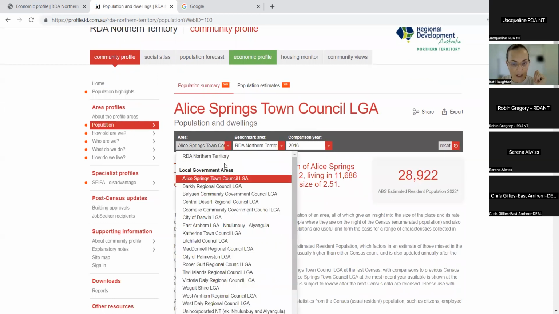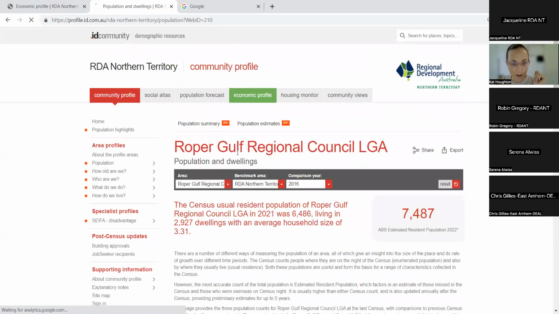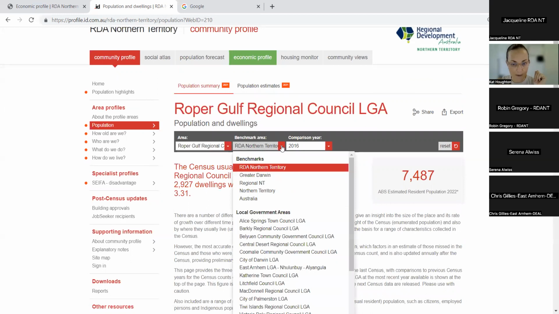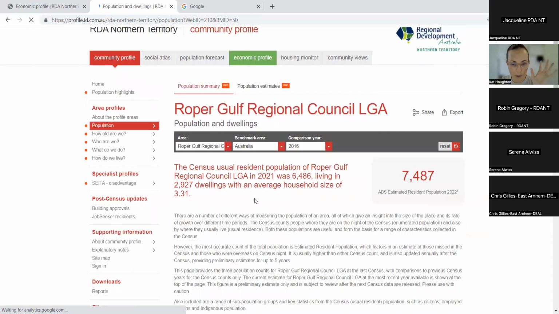So I can change that at any point. I can change that to Roper Gulf if I want to look at Roper Gulf, and I can change my benchmark area. So if I want to compare Roper Gulf to the rest of Australia, I can do that. If I've got a grant application, I know we've got the Growing Regions Fund out at the moment,